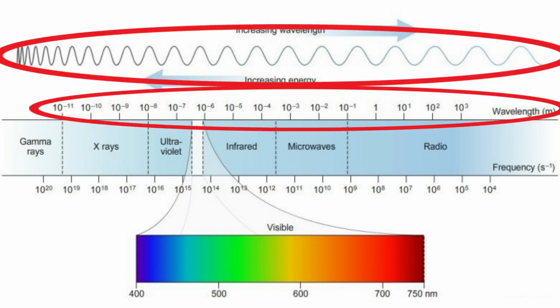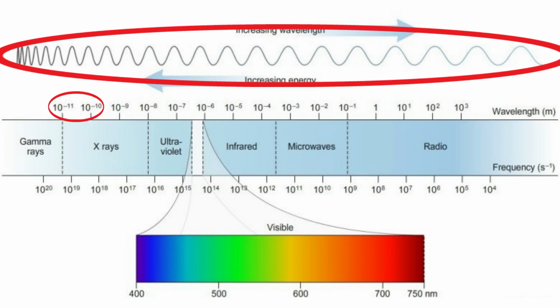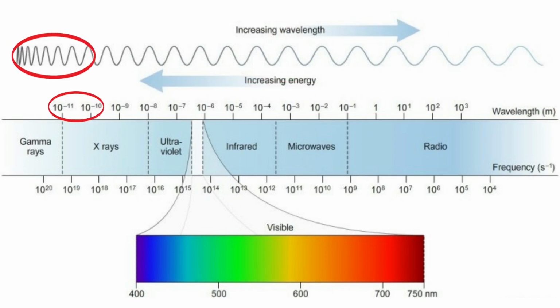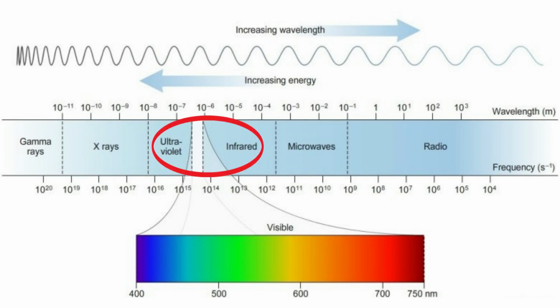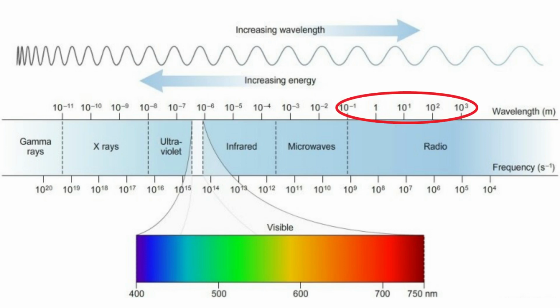light you're looking at. In this spectrum, the wavelength is lower on the left, meaning that the waves are shorter, and they increase as you go right. As you can see, gamma rays and X-rays have the shortest wavelengths, and radio waves have the longest. In the middle are ultraviolet, visible light, and infrared. Notice that the wavelength is often measured in meters. For example, radio waves can have wavelengths from 0.1 meters all the way up to thousands of meters.